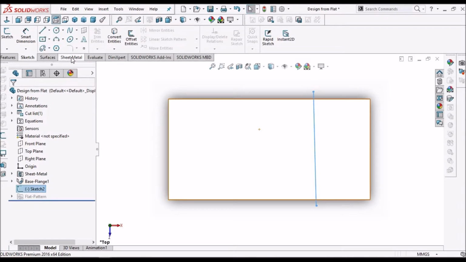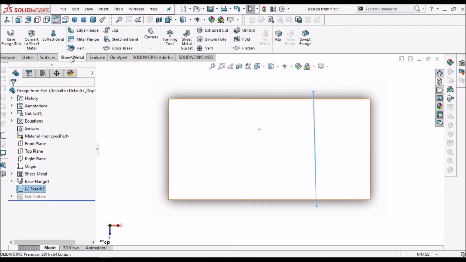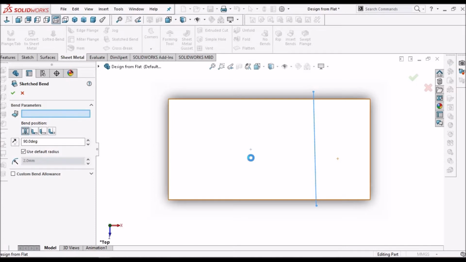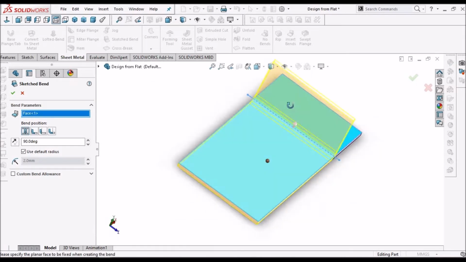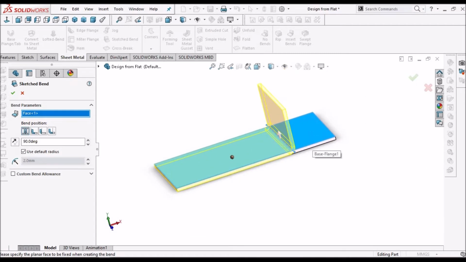Select the sketch and go to sketch pen and select the flat surface. So this is how it is going to be.